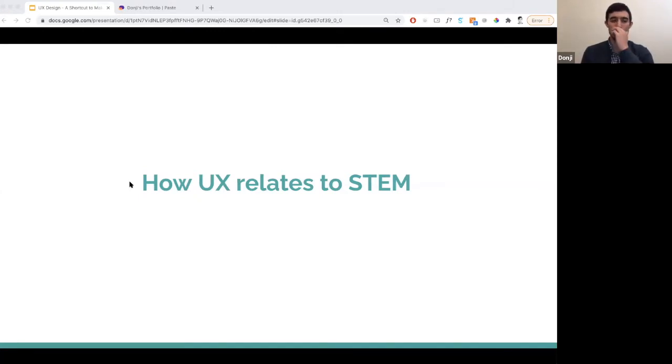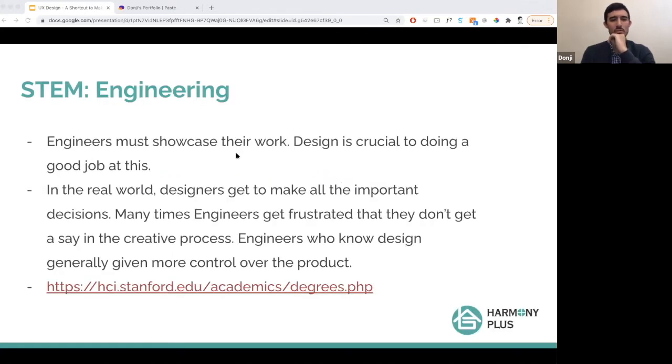But you guys are probably wondering, why, if I'm interested in science, or why, if I'm interested in engineering, should I learn design? Well, actually, UX relates a lot to STEM, especially for engineering. So engineers must showcase their work. Design is crucial for doing a good job of this. In the real world, designers actually get to make all the important decisions for a product, which a lot of people don't know. As a designer, it's my job to create the actual specs of functionality, and then the engineers